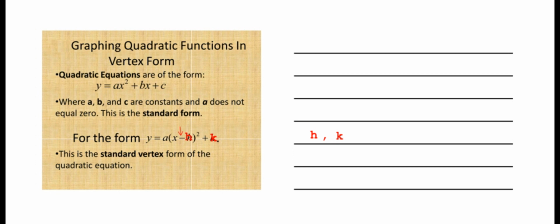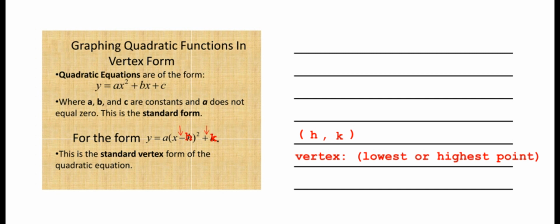Let's realize that the negative sign there tells us that our coordinate is going to have the opposite sign from what we currently have in the formula. So here we have a negative in the formula, which means the coordinate value is positive in this case. On the other hand, whatever value you have for k is exactly the same value you have in the coordinate. This is due to the fact that the h is in parentheses and has a square. There's our coordinate for the vertex, which is the lowest or highest point in